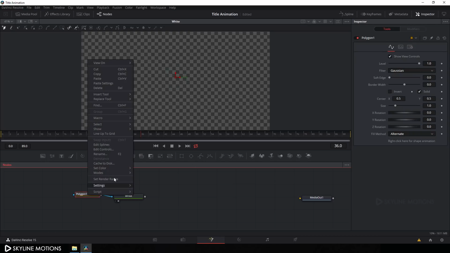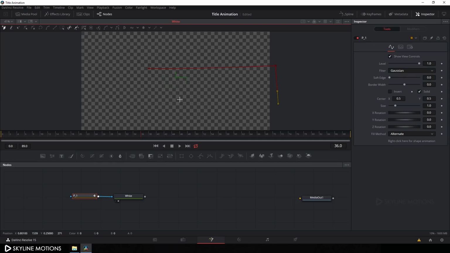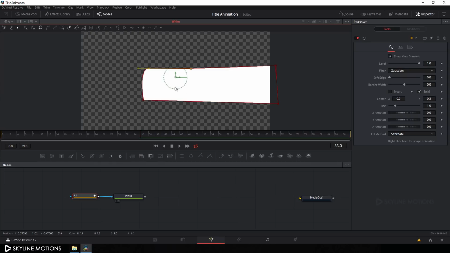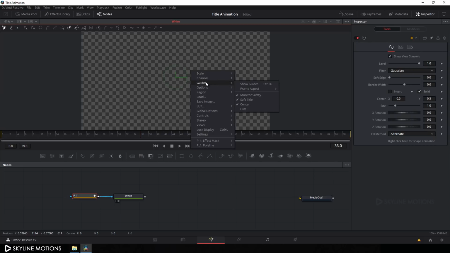Okay, and let's call it P_1 for polygon 1 and hit enter. Now let's draw a rectangle by clicking on this preview window. So as you can see, it's not a perfect rectangle. So just hit Ctrl Z to go back and right click on this preview window and go to guide option